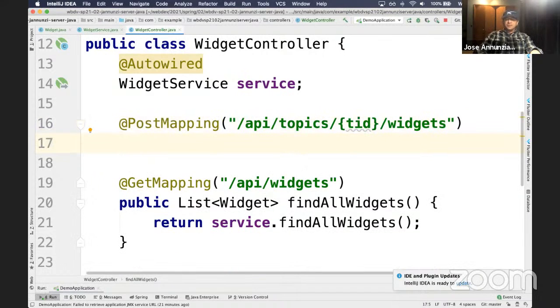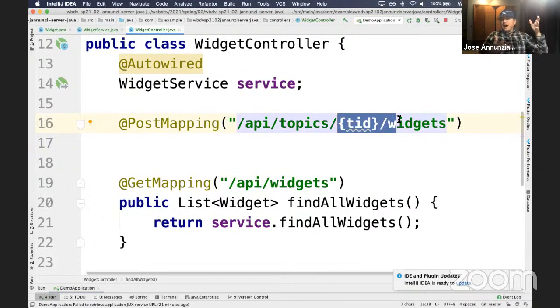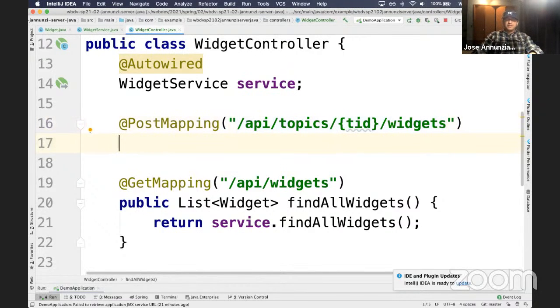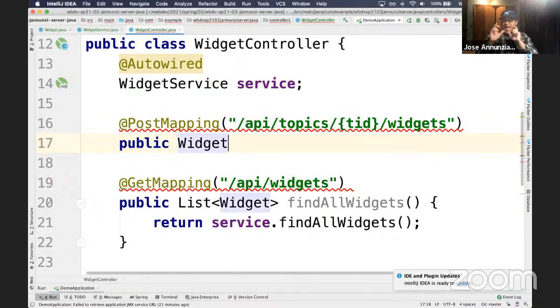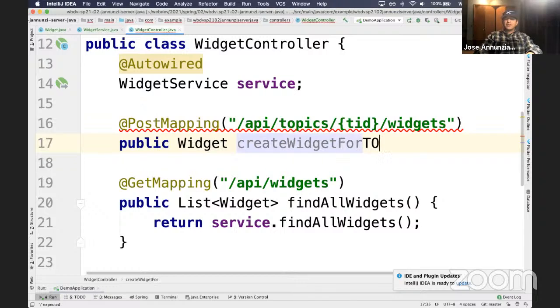Okay, and we are sending you the ID of the topic. Plus, we're sending you in the body the brand new widget that we want you to insert, right? And we're going to return to you the actual widget that was inserted in the database, in our case, the array. Okay, so we're going to say create widget for topic,